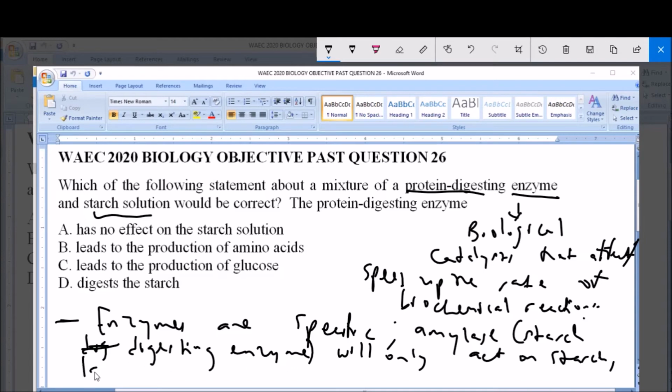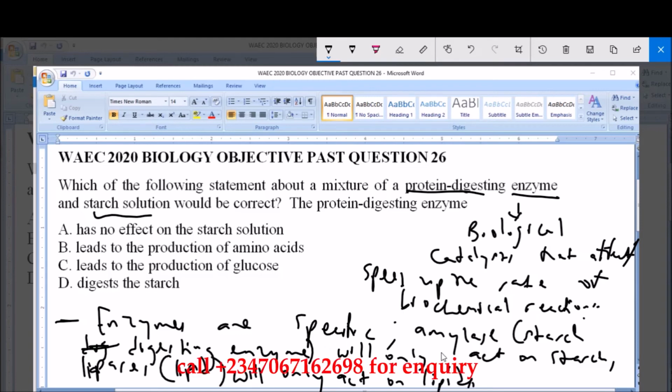And where you have, let's say, lipases, which are lipid digesting enzymes, they will only act on lipids. So from the trend that we have established here, enzymes specific for one particular food class will only